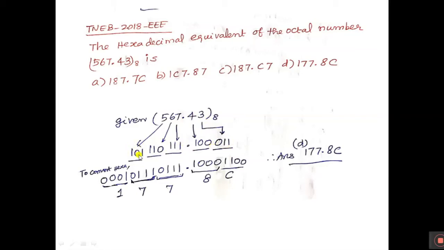So all values I wrote here in terms of 3 digits because of octal 8. Octal is in terms of 3 digits. Now the question is, they are asking to calculate the hexadecimal equivalent of this actual number. Hexadecimal uses 4 digits because 0 to 15 only 4 digits. So these three digits I modify as 4 digits.